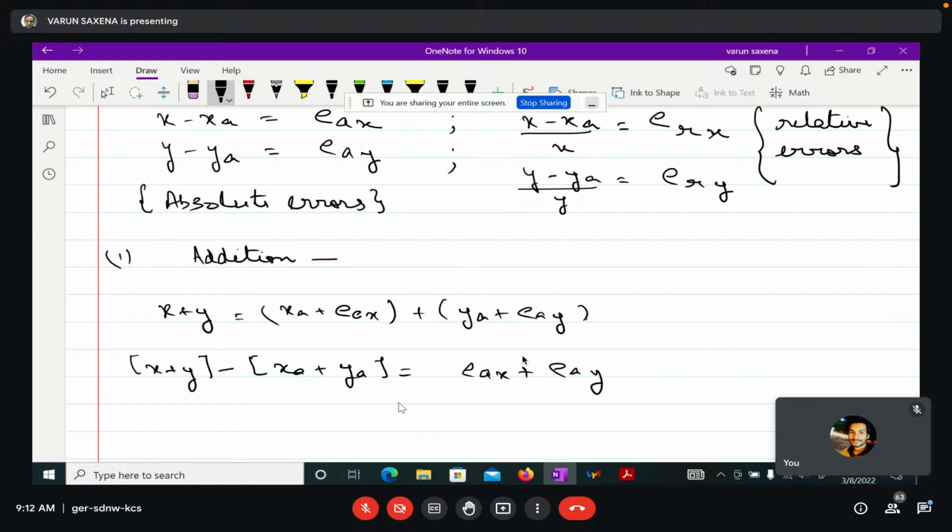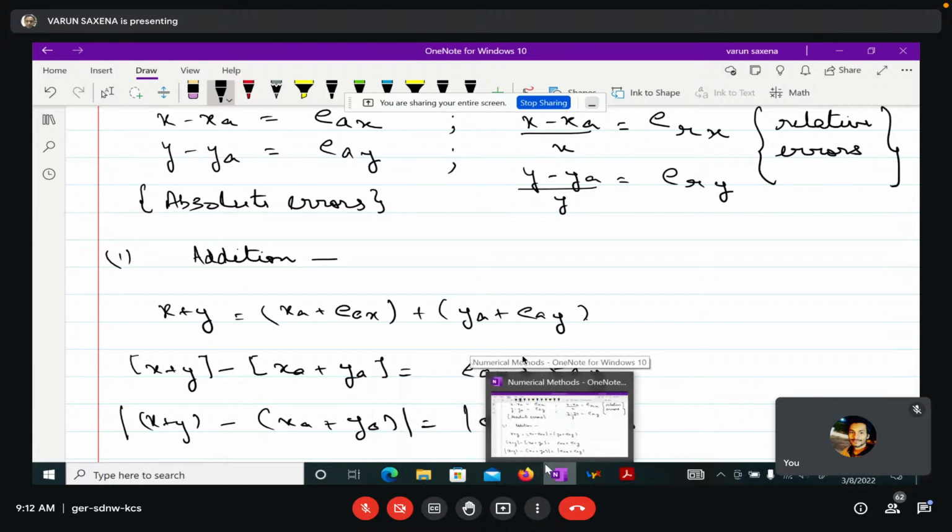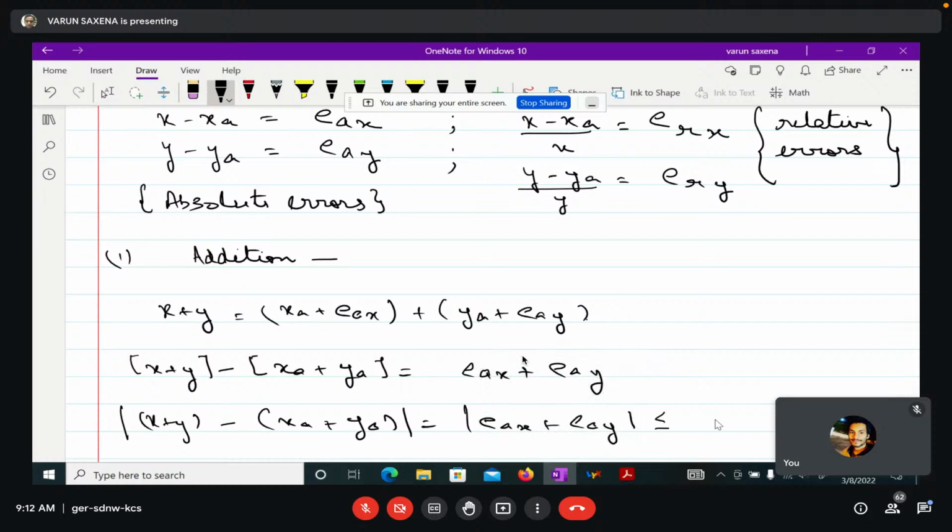Now, since we are only interested in the magnitude of the errors and not really the amplitude, if we take the magnitude on both sides, this is |(x plus y) minus (xa plus ya)|, and that is going to be |e_x plus e_y|, and you know that this is going to be less than or equal to the magnitude of error in x